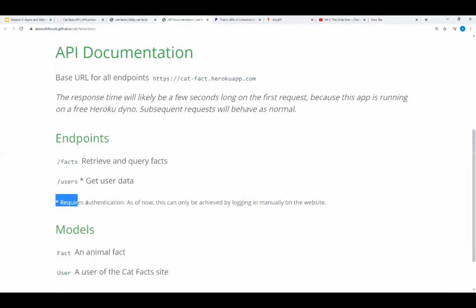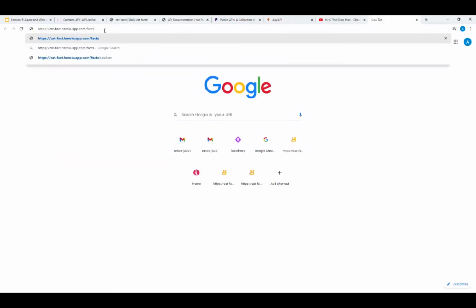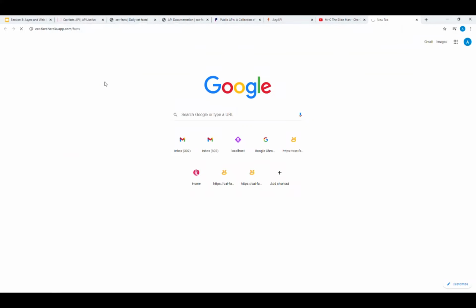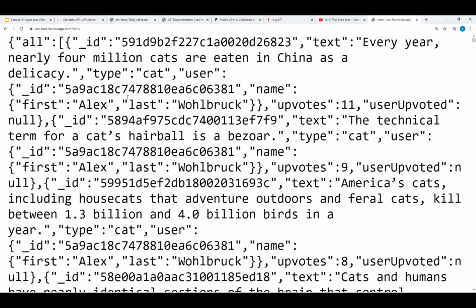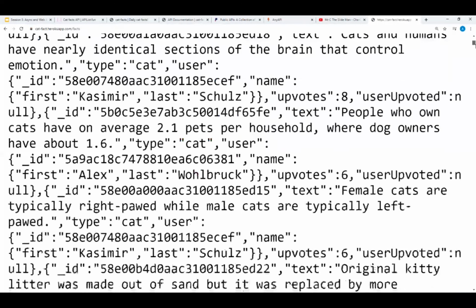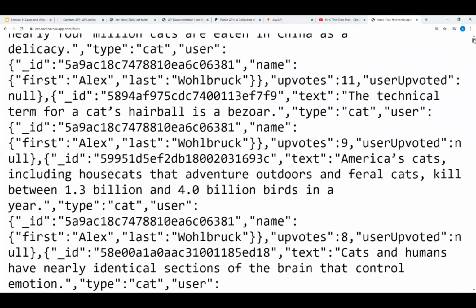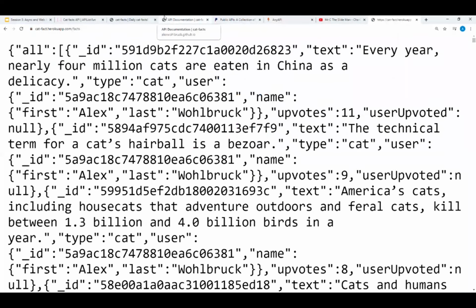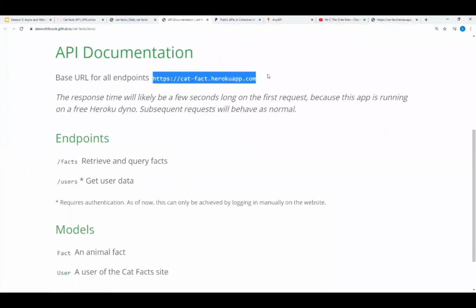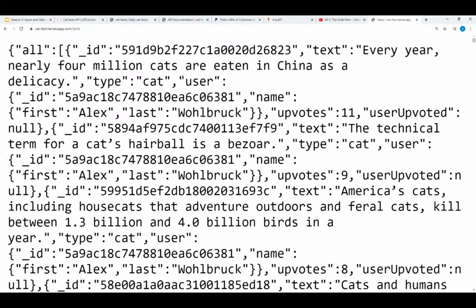We see that this requires authentication, so let's try /facts. I just chained these two together. If you don't know how this works, it's okay. Just know that this is valid and you can do this. So let's press enter, and we see that it outputs so many different things, right? So actually, putting whatever link they give you into the Chrome browser suddenly outputs so many different things.